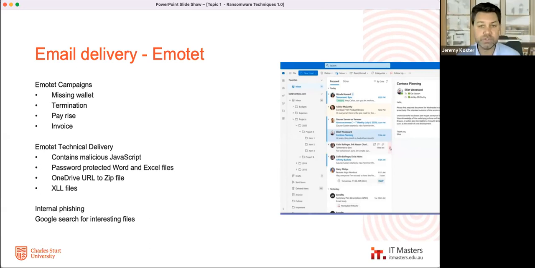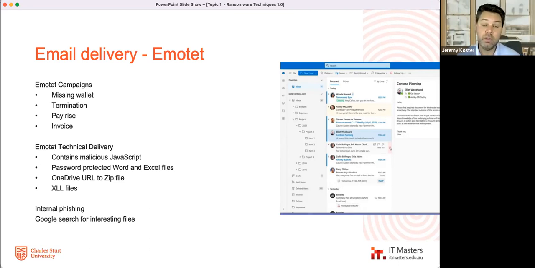TrickBot uses Emotet, and you can see this is a bit of a commodity market. If you've got someone who's an Emotet or a malware-as-a-service provider, they can sell what access they have to a ransomware operator who can come in then and deliver TrickBot and deliver their ransomware of choice that way. So Emotet is this first step in. It's the thing you want to discover, and it's got some good capability of hiding from malware detection, turning off security services, mutating itself and being really clever. So we need to be aware of that and try to stop that from occurring.